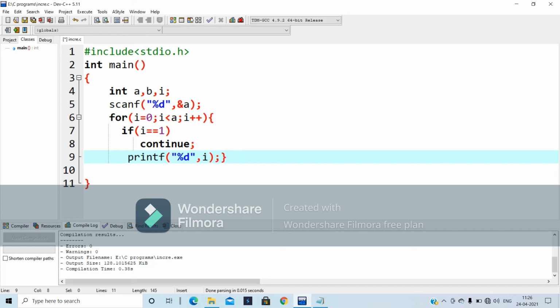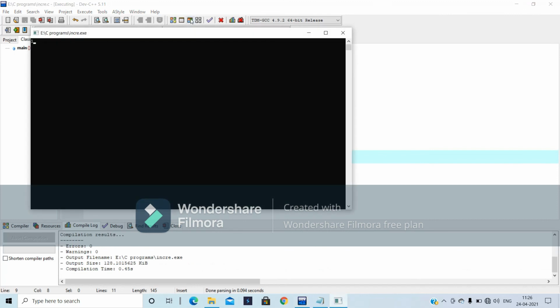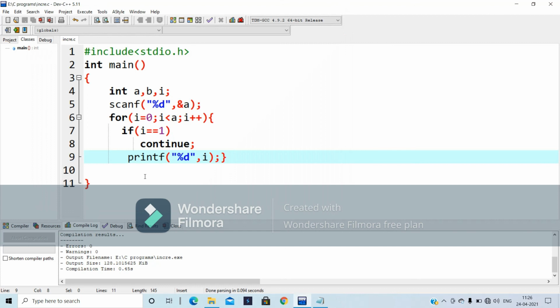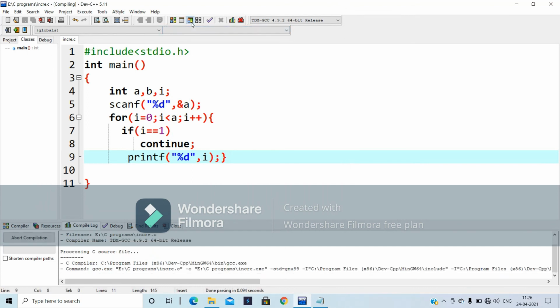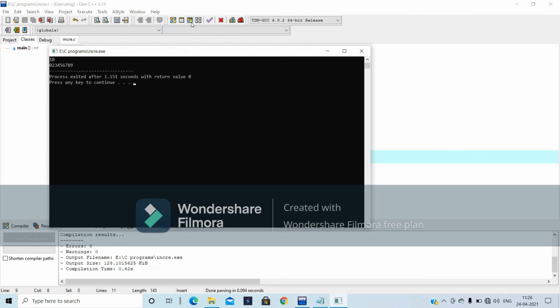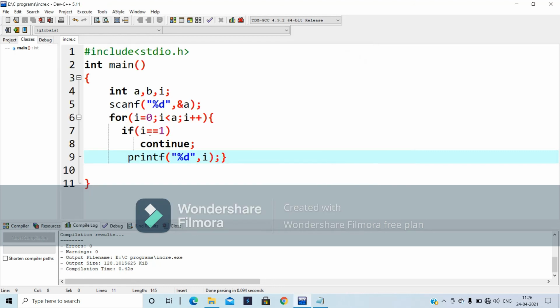With 10, it shows 0 to 9, because if i equals 1, it doesn't execute. Here 1 is not printed, if you observe clearly, because if i equals 1, the loop continues without executing the other statements below the continue statement.